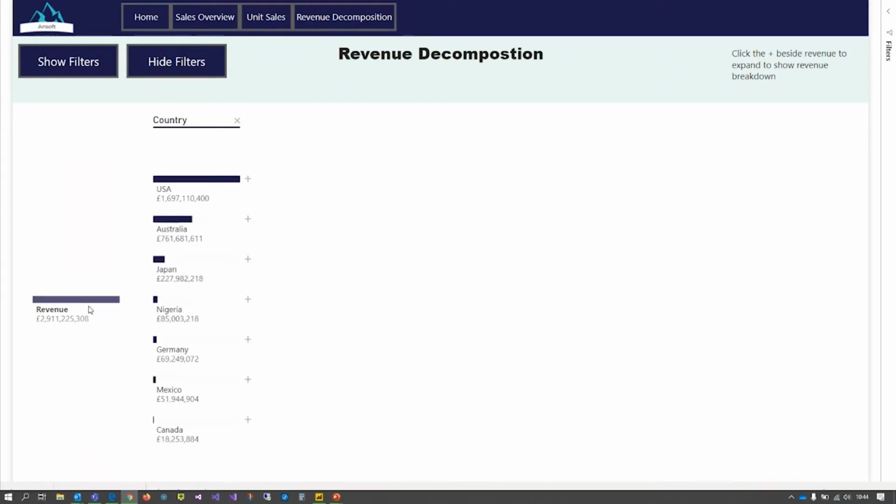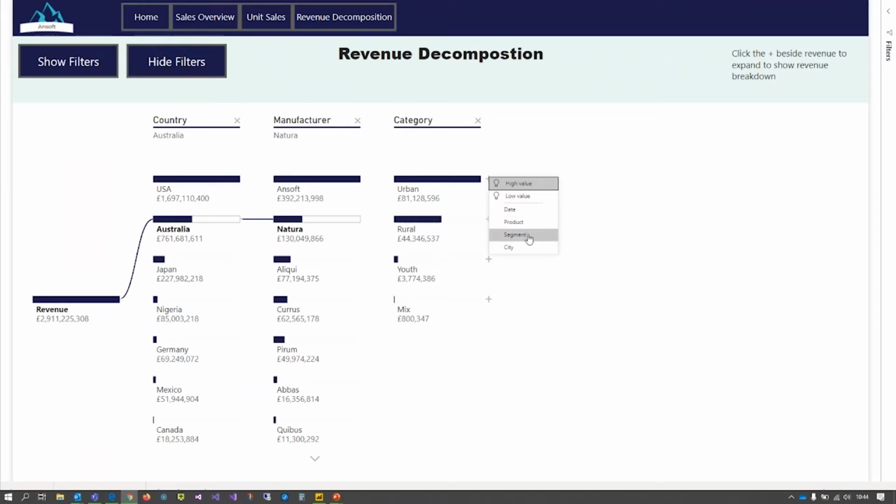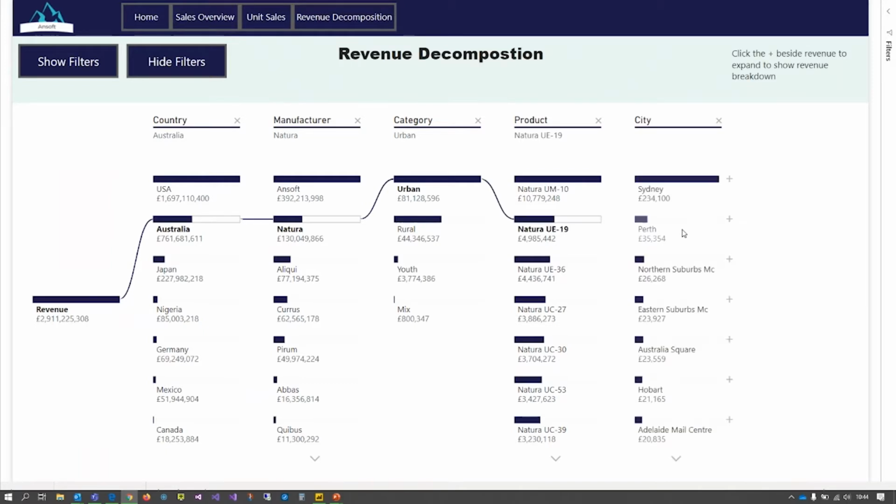So that then expands that by country. And if I want to drill down into Australia, I want to say, let me see the biggest manufacturer in Australia. And then I want to look into one of maybe our competitors' products. I select category, and then product, and oh, this product is interesting. I want to learn more about that,